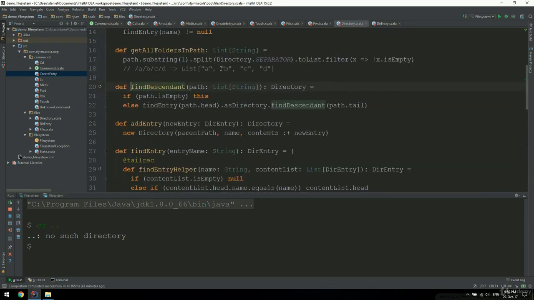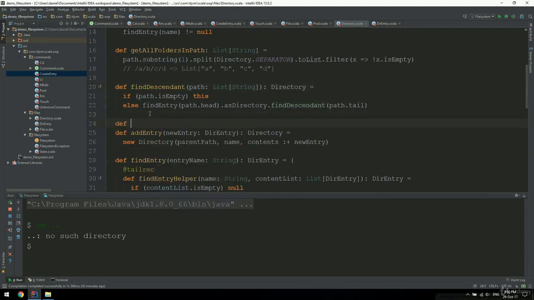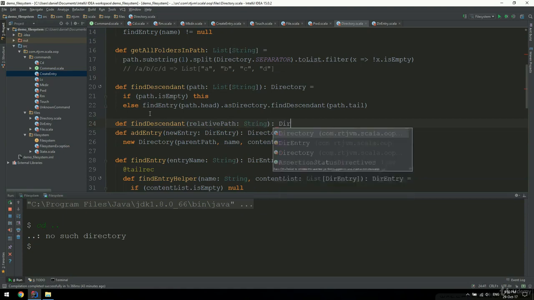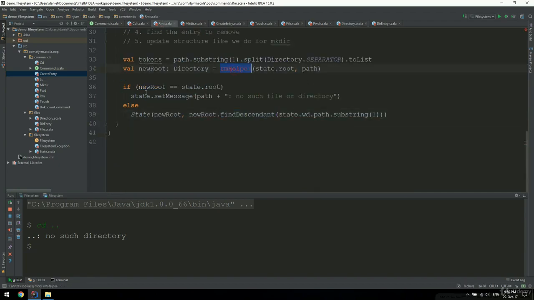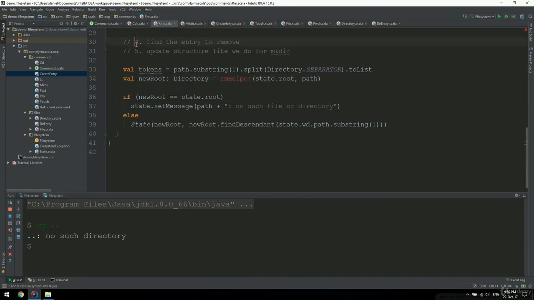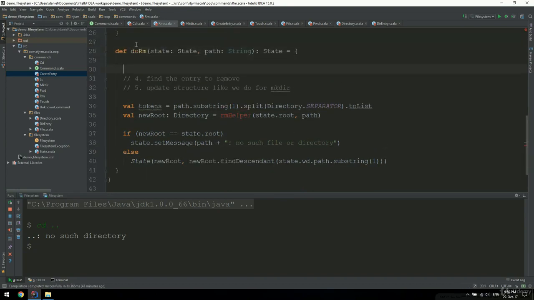So this find descendant, where are you? Okay, so define find descendant with a relative path which is going to be a string. And this returns a directory. A string with a single n, please. So we're going to leave this unimplemented for now. And we're also going to create this RM helper method, helper function inside. So define RM helper from,